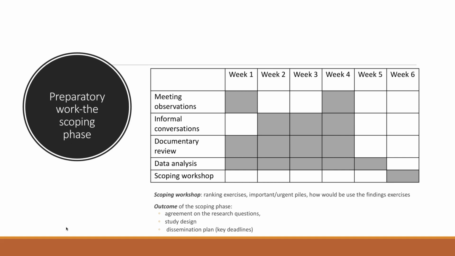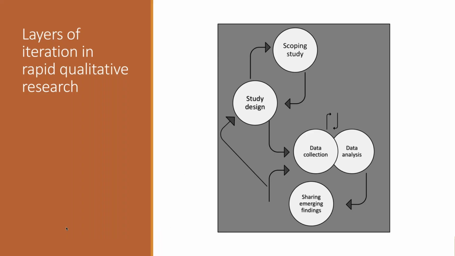So sometimes those early conversations with stakeholders are useful to manage those expectations and to make sure that a rapid study would be feasible in this situation, right? So, agreements in terms of what the study design will be, and most importantly, agreements around the dissemination plan and what the key deadlines will be for the sharing of findings, and then as a team building that into our own study proposal.